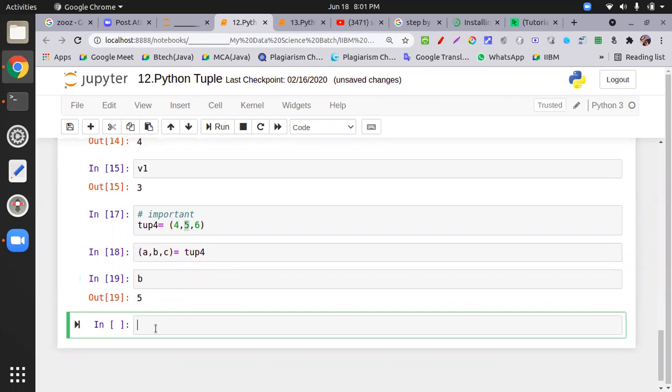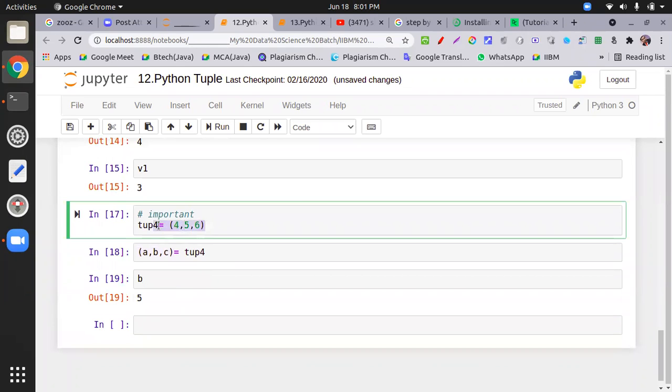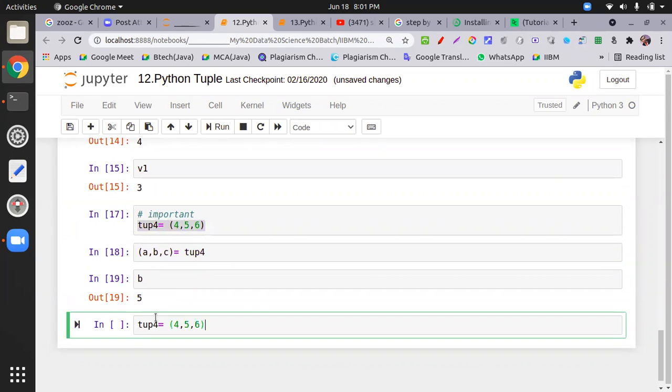Okay, and one more thing, if you have this kind of unnamed tuple, tuple 4, tuple 5, this is one kind of use in scientific calculation, and you have some expression over here, 4 plus